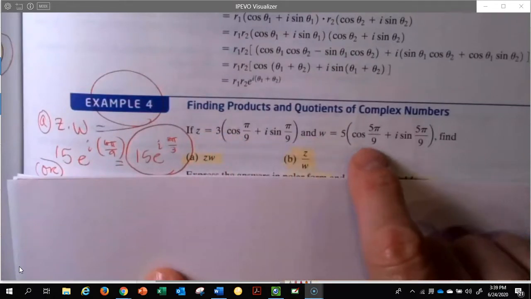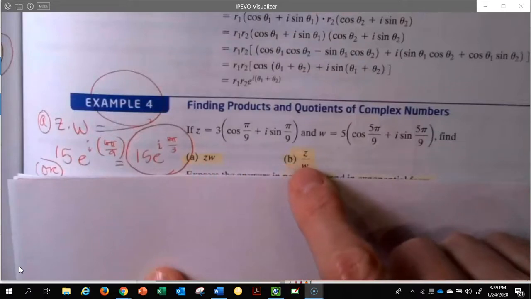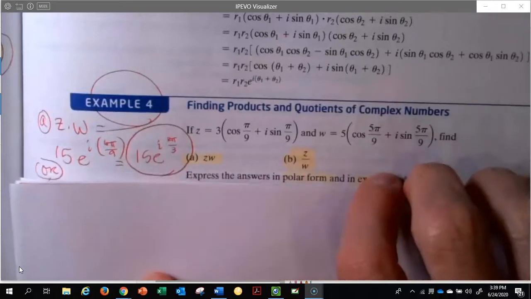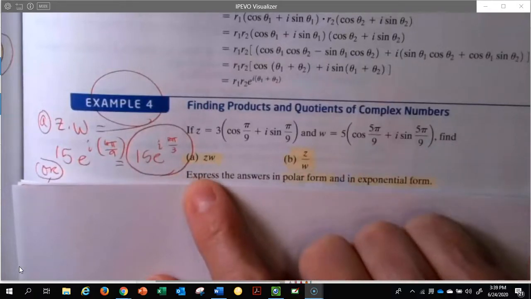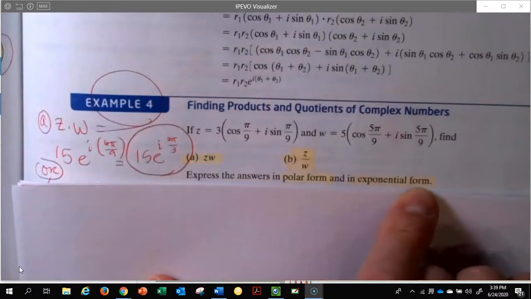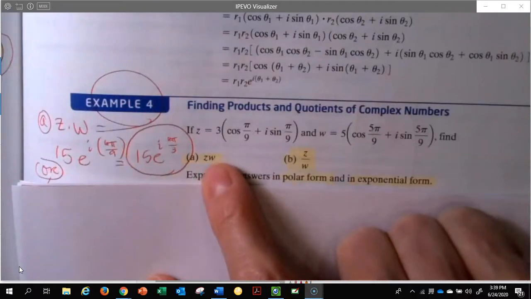There's your r, there's your theta. And it's asking us to multiply them for part A and to divide them for part B. Then right below it, it says, express the answers in polar form and in exponential form. So when we go to multiply these, it doesn't matter